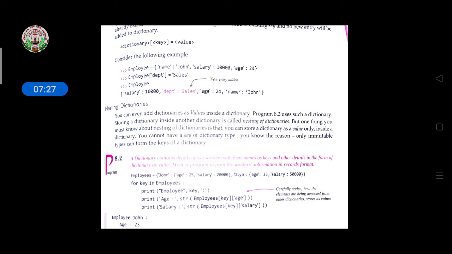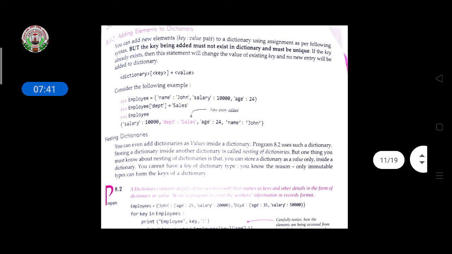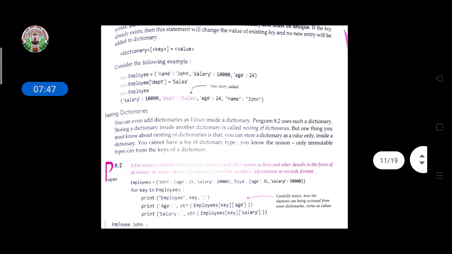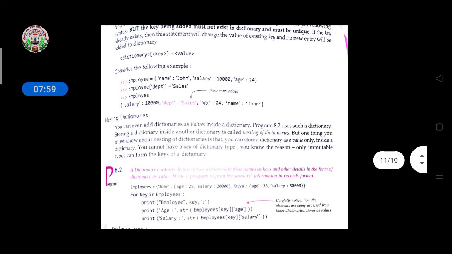If you want to change the name, write the new entry, so here you mention the new entry employee one, the dictionary, department equal to sales, and it will be added as a new entry. The salary 1000 and department sales will be added as elements of the dictionary.